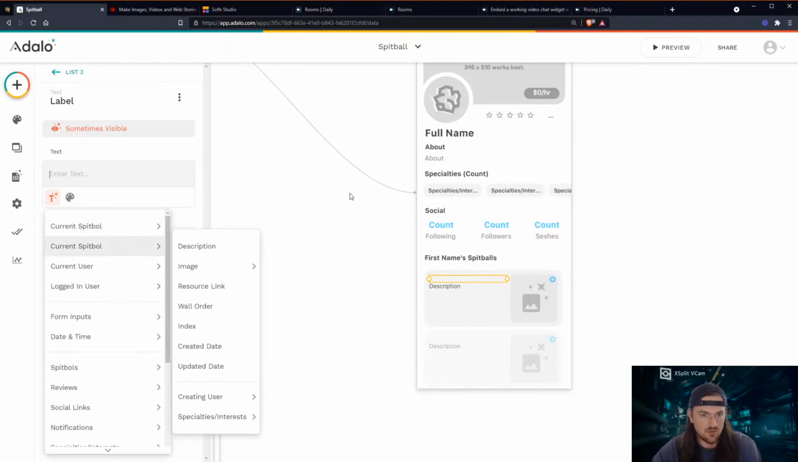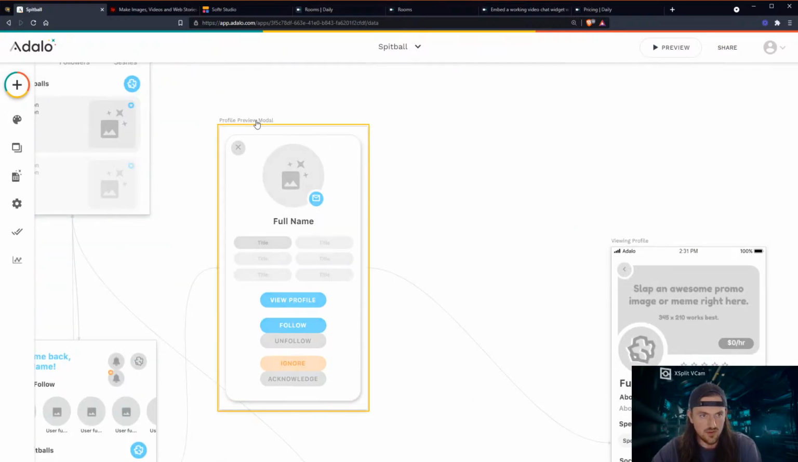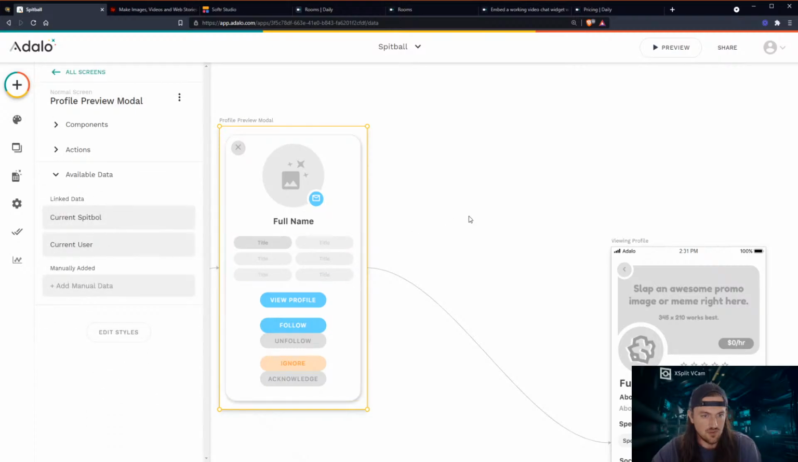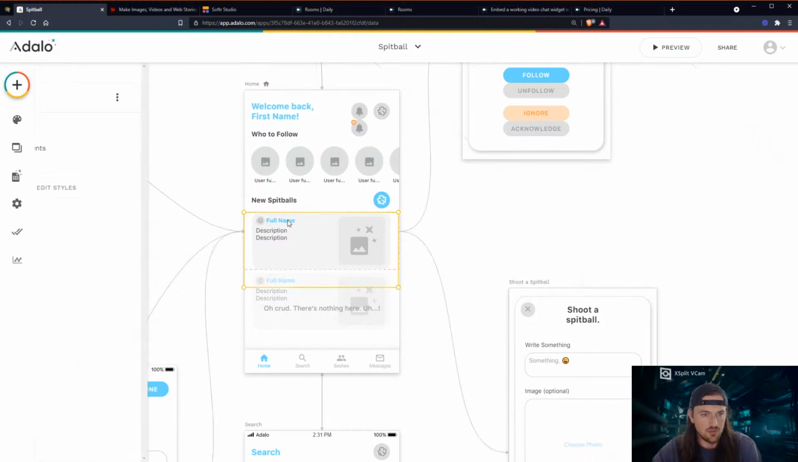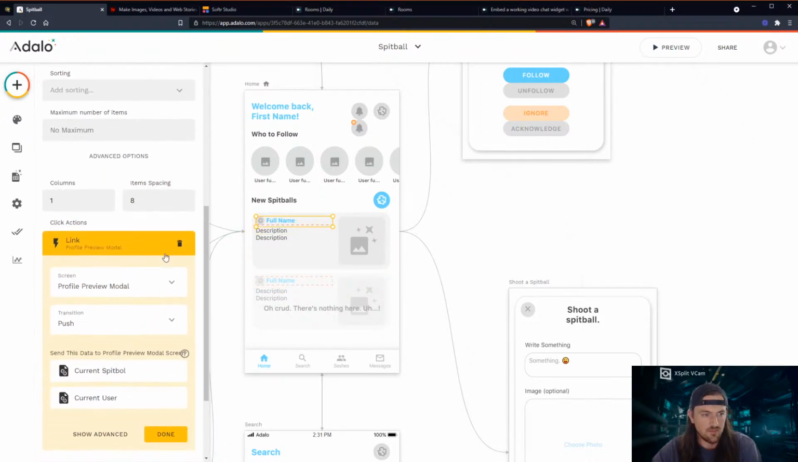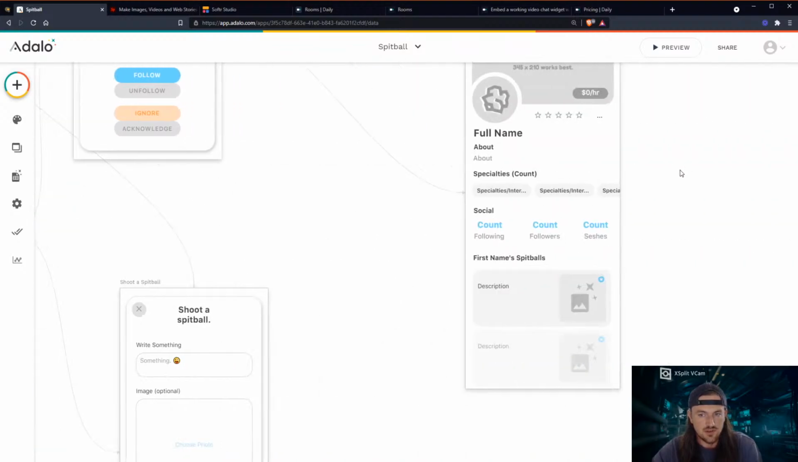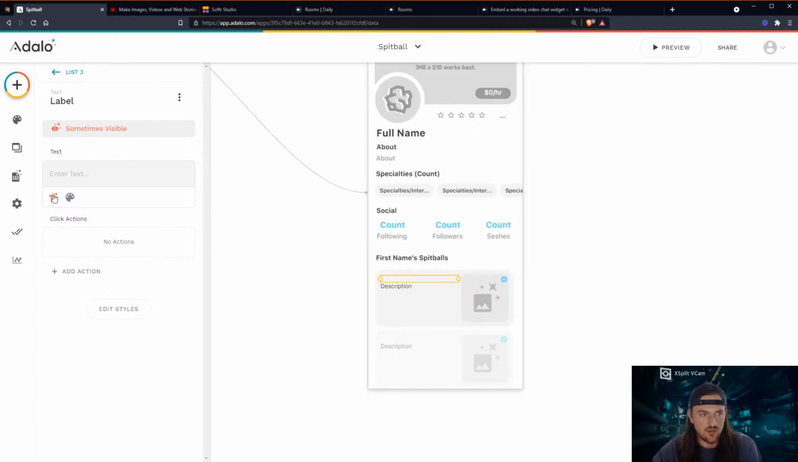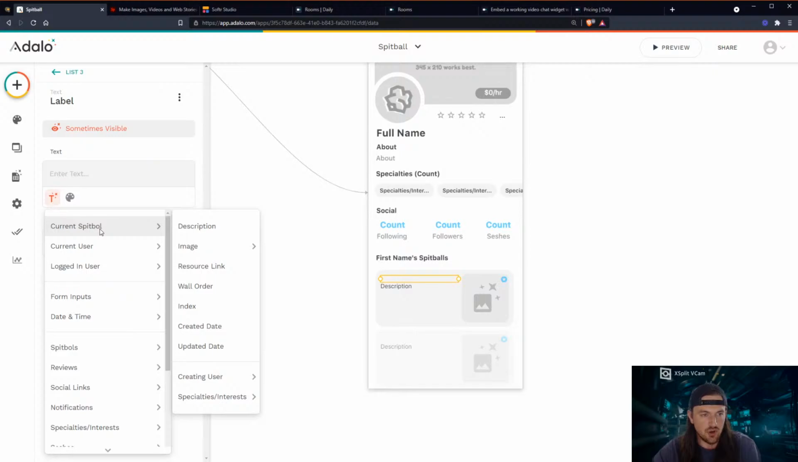Nope, it's sending it from somewhere else. Let's see if the screen's retrieving current spitball from somewhere. Oh, probably here. Probably right here. Yep. So we'll take it off of there too. All right, so now we should only have one. Yep, so now we've only got one current spitball option here. So we'll just set this to